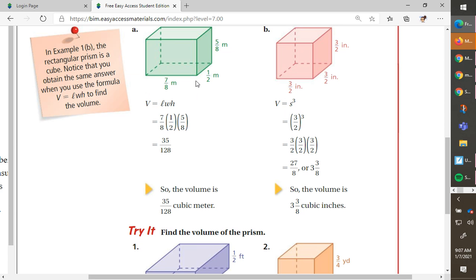Now, the volume of a rectangular prism is different, though. If we had a Kleenex box and we had to find out how many square cubes were in it,